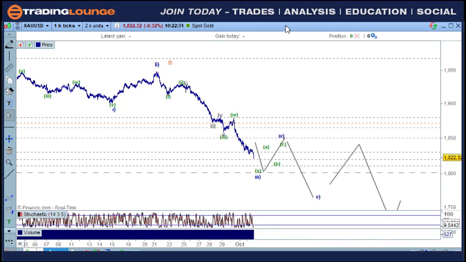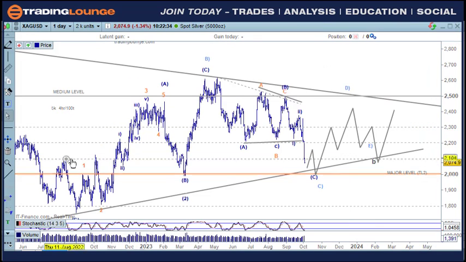Okay, so that's gold, and silver's more of a complex sort of pattern. I can do the same thing here as well. I can put wave A here. I could actually put wave B over here as well. That's also possible, because we've got to look at everything. So an A and a B and a C wave for B.